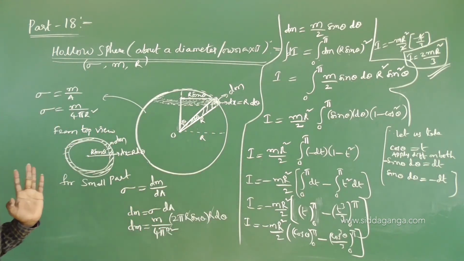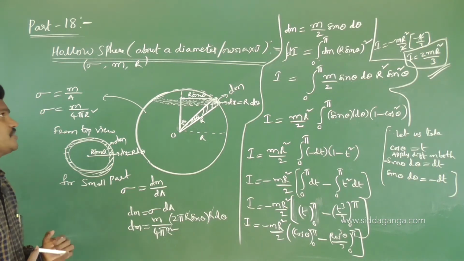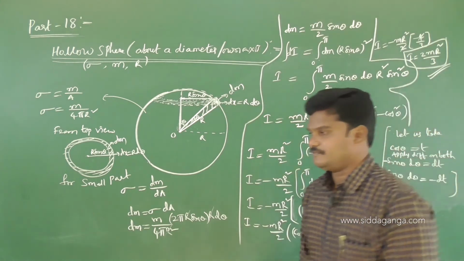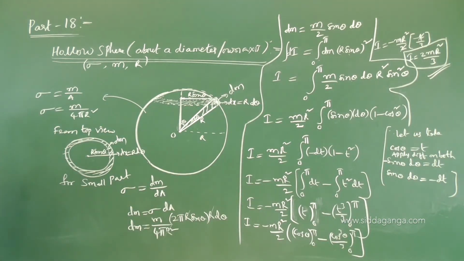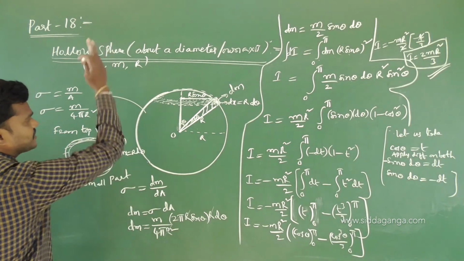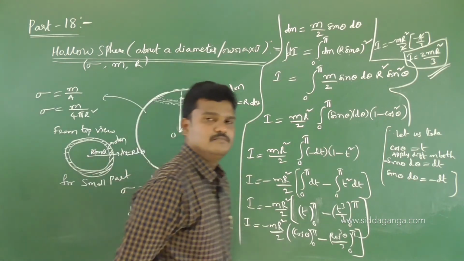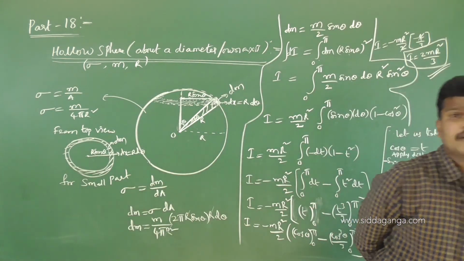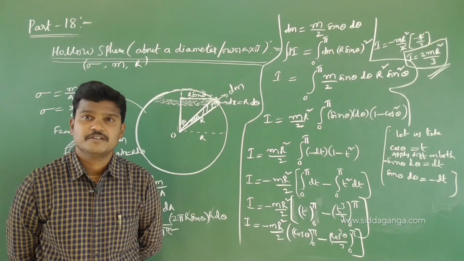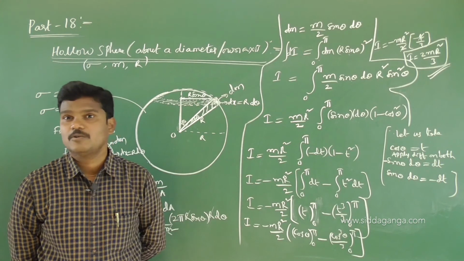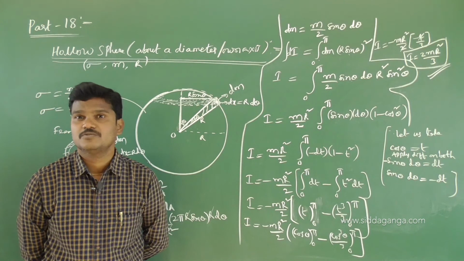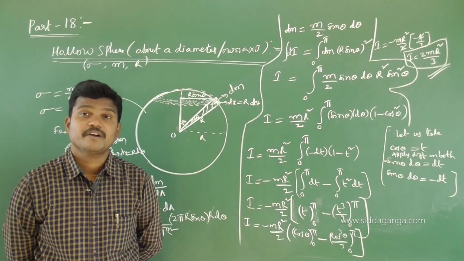Okay, so derivations you try to practice number of times. Now let us draw the about a tangent. One more formula for this, about a tangent. If you draw a tangent, let us see what is the formula. Very simple. In the same way, we are going to solve for solid sphere. If you are comfortable with integration, you try this solid sphere. Solid sphere have volume density, rho is equals to mass by volume. Volume means 4 by 3 pi r cube.